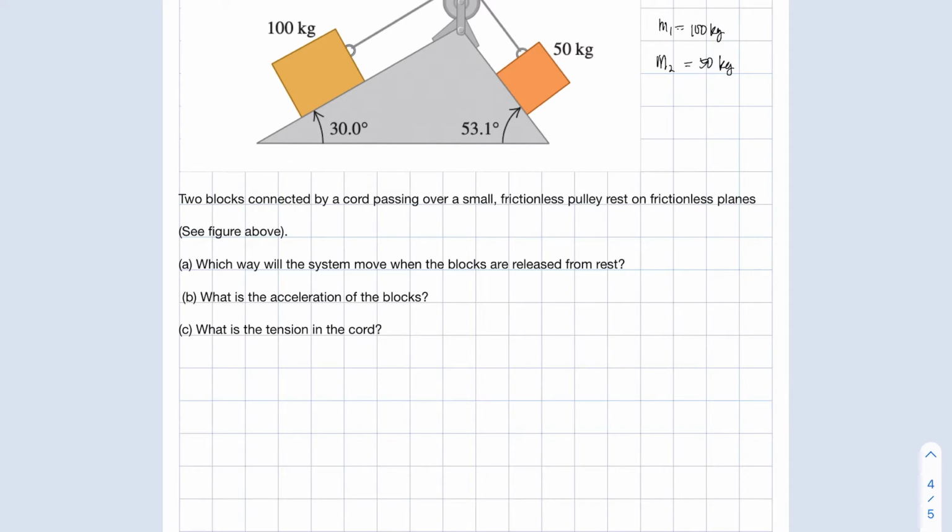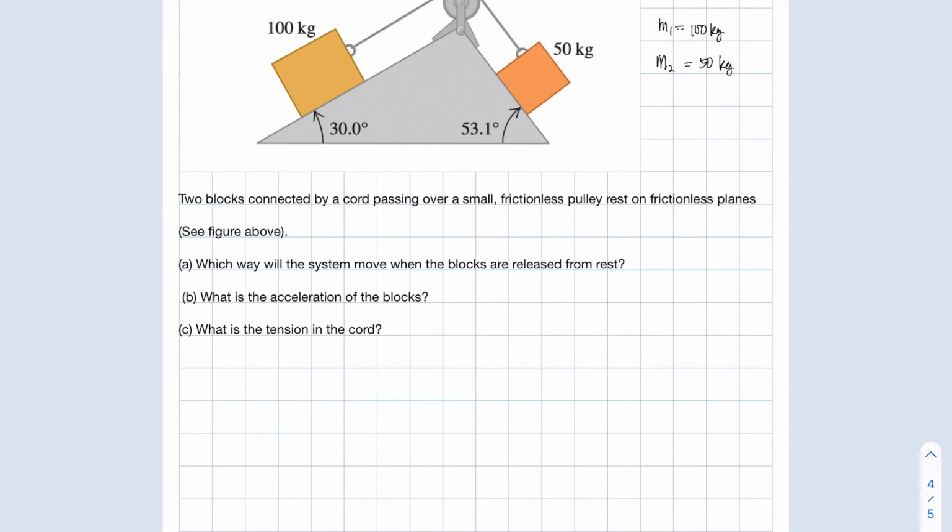Now, M1 is placed on an incline at 30 degrees, and in the same manner, although at a different angle, at 53.1 degrees, is your M2 also inclined. The first question being asked is, which way will the system move when the blocks are released from rest? So assuming that this is the initial state, you are going to think which way the blocks will